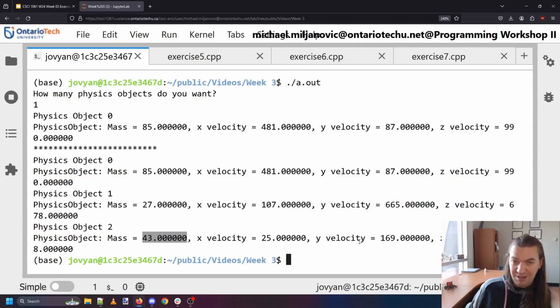And now I can do it in either direction, as opposed to being forced to work with a pass-by-value method. All right,